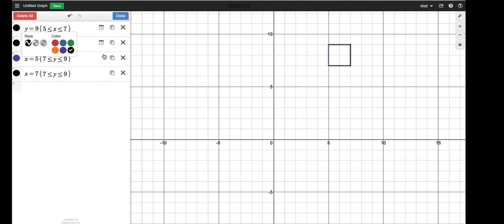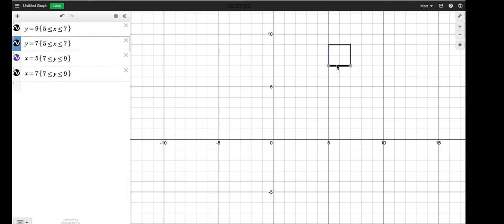So once you put in all of your lines, you're going to notice that you have a lot of equations over here. It becomes hard to tell which one is which. So say for instance over here I have 3 black equations. Which one of these is it? You can always just go click on the line on your graph, like this one right here, and notice that